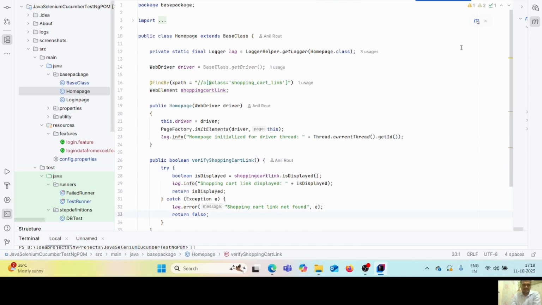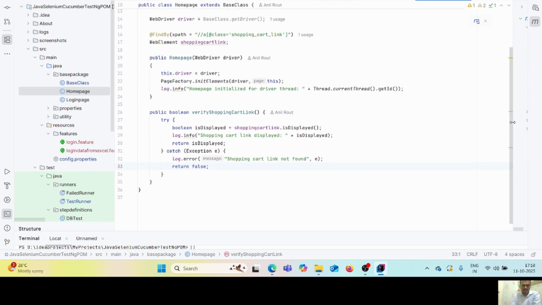Public HomePage(WebDriver driver) { this.driver = driver; PageFactory.initElements(driver, this); log.info("HomePage initialized for driver" + Thread.currentThread().getId()); } Public boolean verifyShoppingCartLink, try { boolean isDisplayed = shoppingCartLink.isDisplayed(); log.info("Shopping cart link displayed: " + isDisplayed); return isDisplayed; } catch (Exception e) { log.error("Shopping cart link not found", e); return false; } Okay, like that there will be one more class called